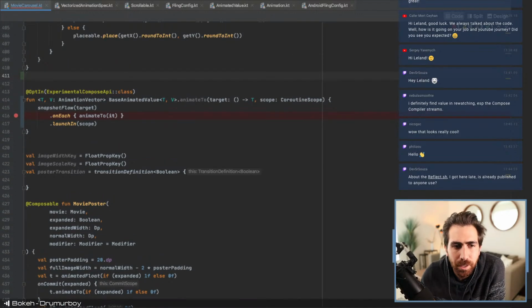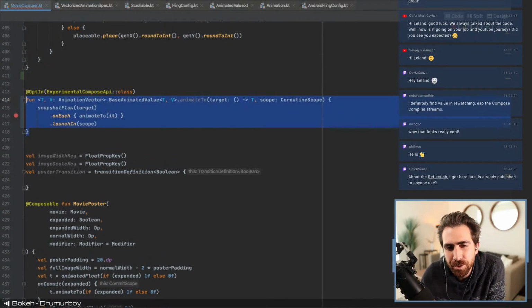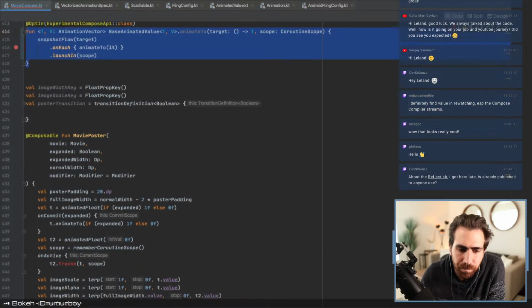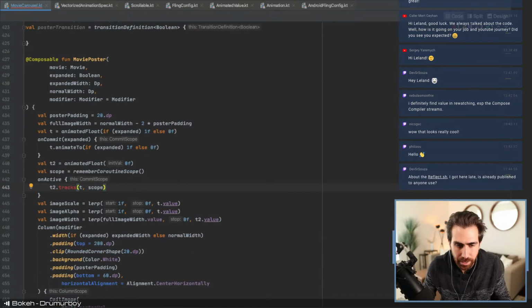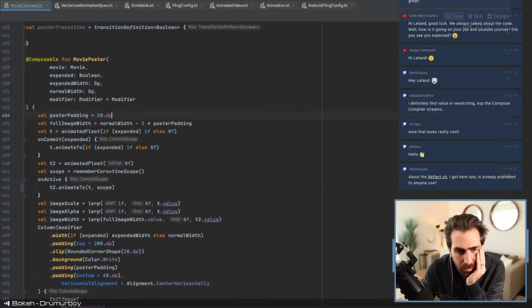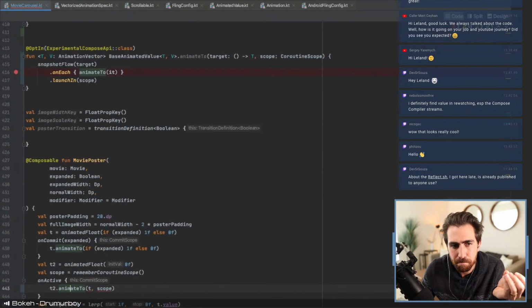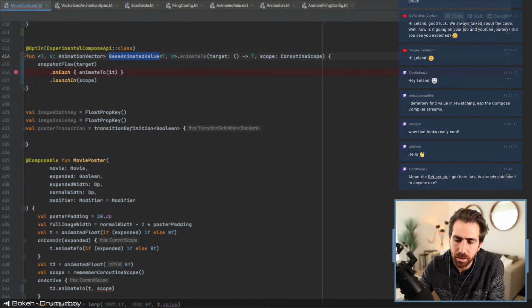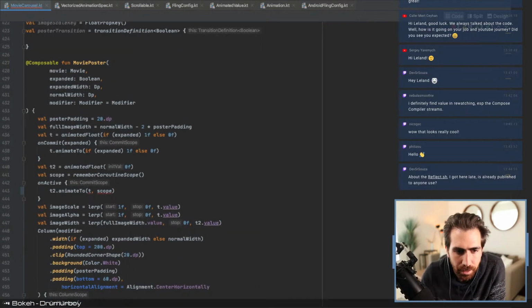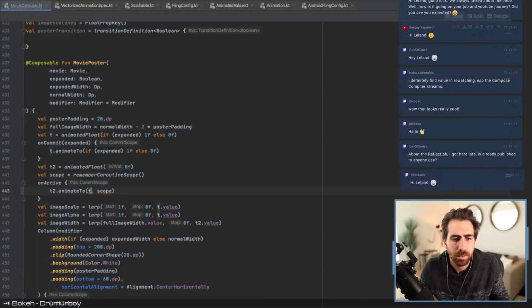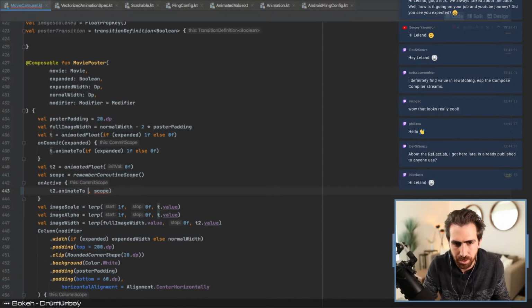Okay, so this animate to function, I think actually is somewhat valuable. What it allows me to do is basically say I can pin this. I can pin one animated value to another animated value with a spring in between them, basically. And so that's pretty neat, I think. And so then this would end up being